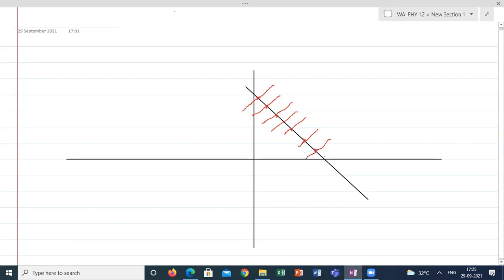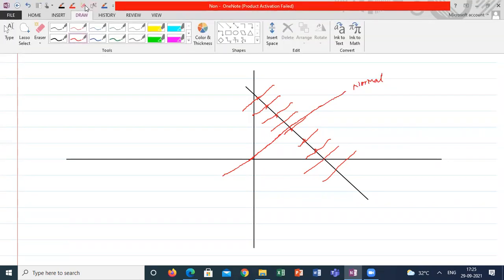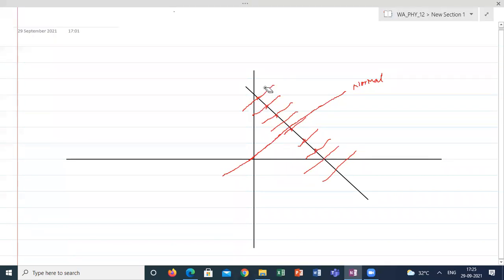All this I can call a normal in two-dimensional geometry. Which line do I have to consider as a normal? A line perpendicular to the given line and passing through the origin. That particular line is called the normal, and the rest of all the lines are just perpendicular to that given line. So first of all, we have to know the meaning of normal. A normal is a line perpendicular to the given line and passing through the origin.